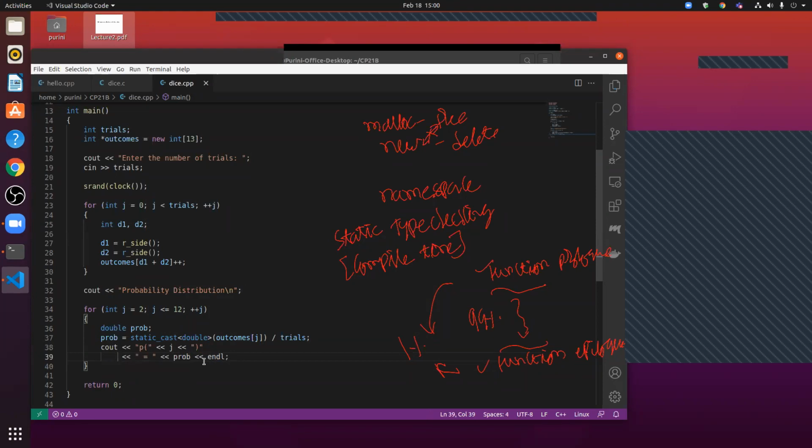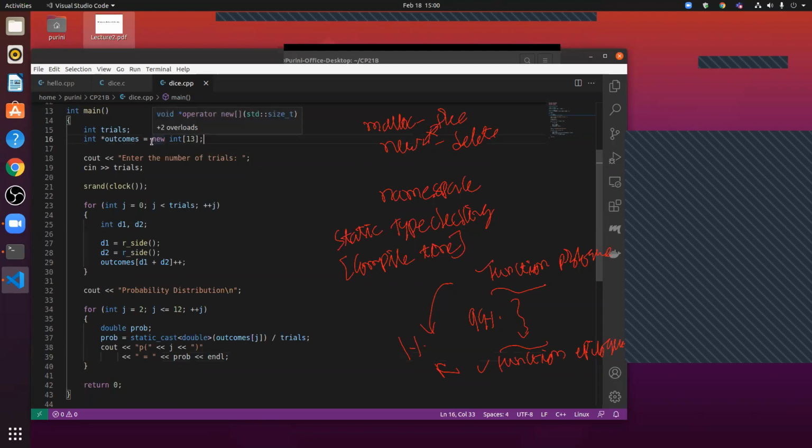Okay. Shall we compile this code? Line number 16, we are allocating a dynamic array. We are allocating an array dynamically, not a dynamic array. We are allocating an array of size 13 dynamically from the heap on line number 16. And the way we do it in C++ is by using the new keyword.